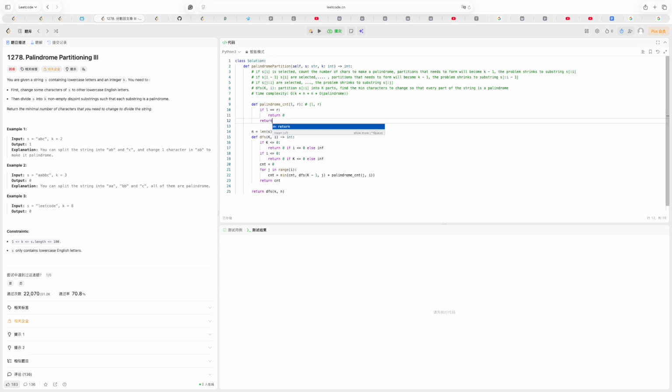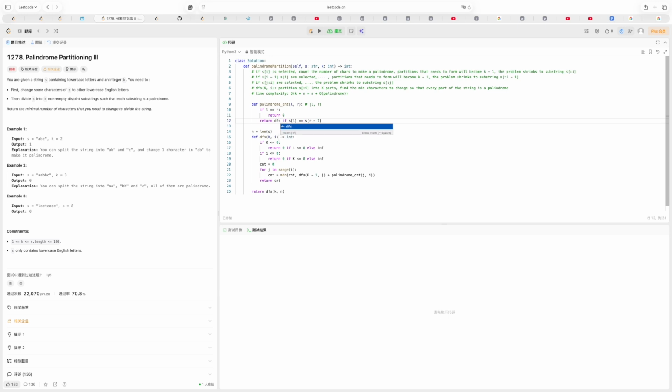And then we will check if s of L equals s of R minus 1, if they are equal, then